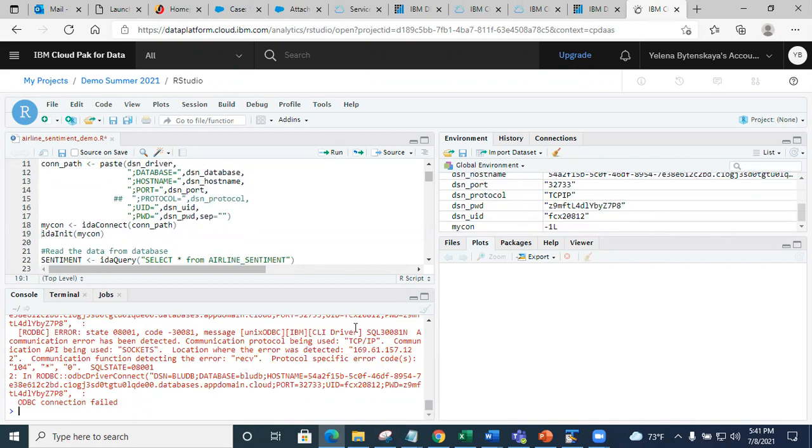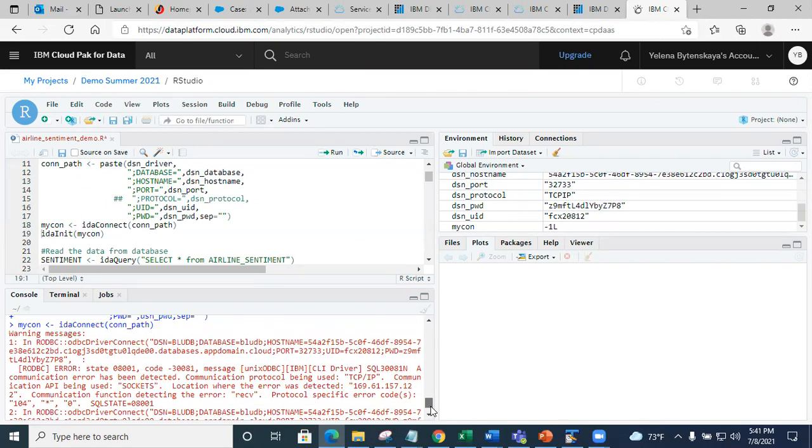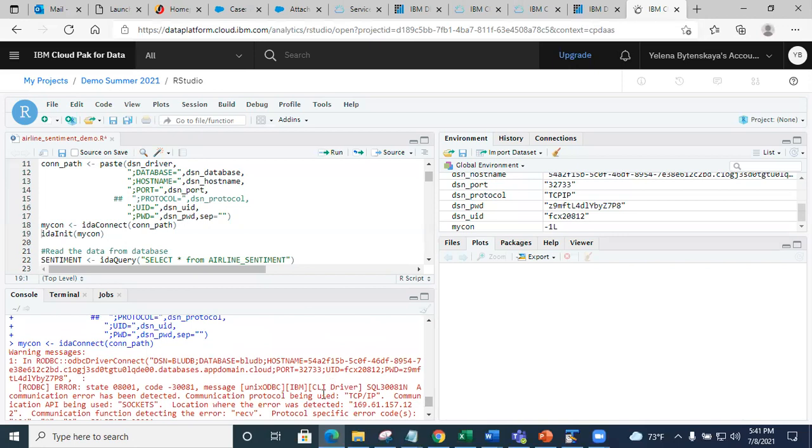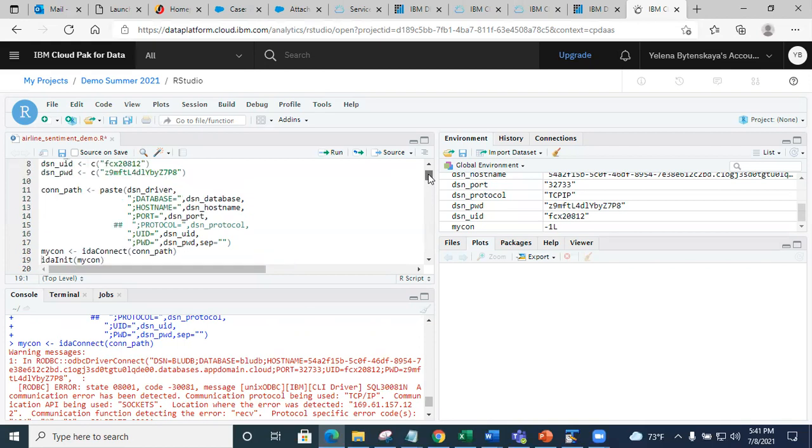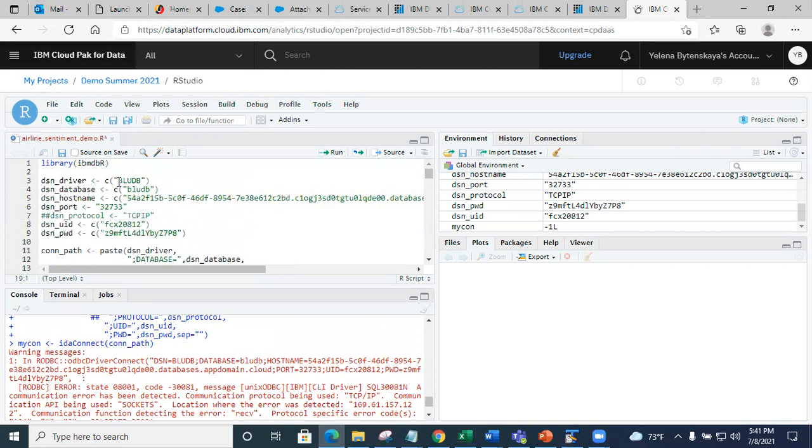Sorry. Yeah, we need the driver, and this is different. It's just the CLI driver. If you go back in the service credentials, there was a mention of CLI.